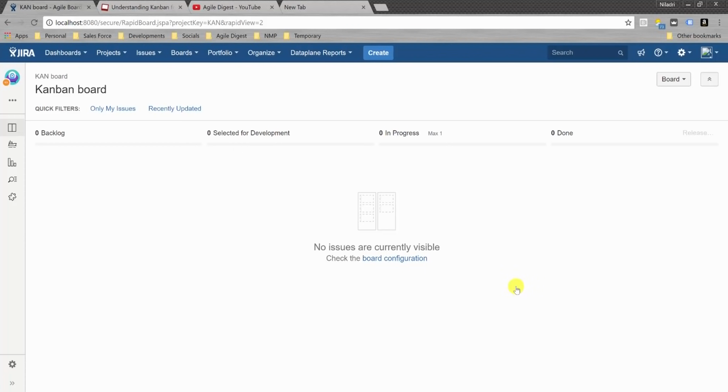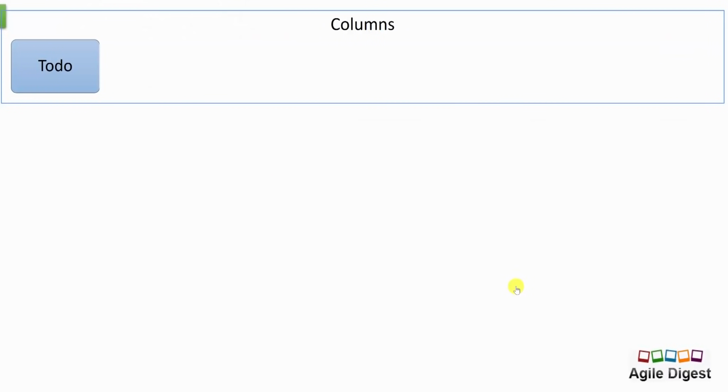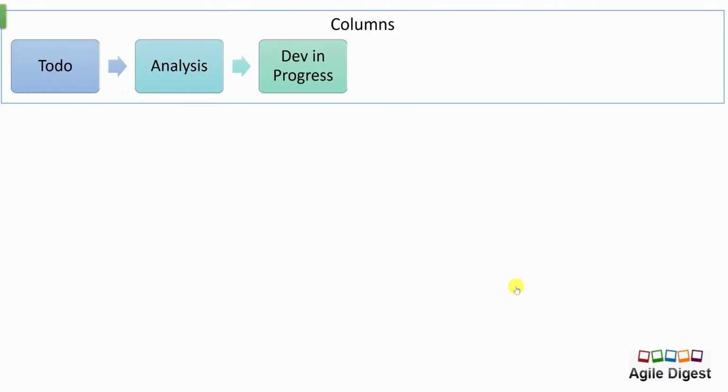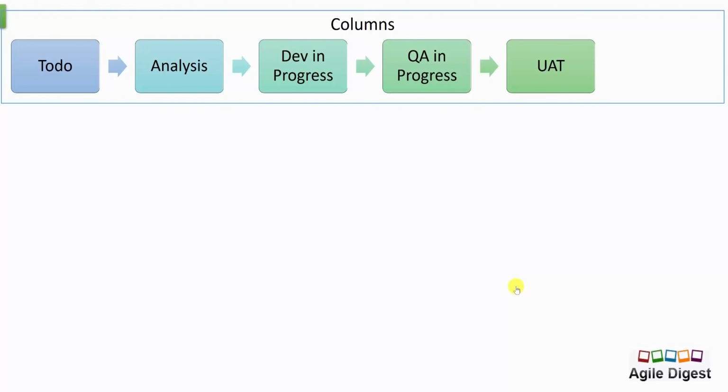We'll have a To Do column, another column as Analysis, then Dev In Progress, then QA In Progress, that's testing, then we can have UAT, and then finally we'll have Done. So to have